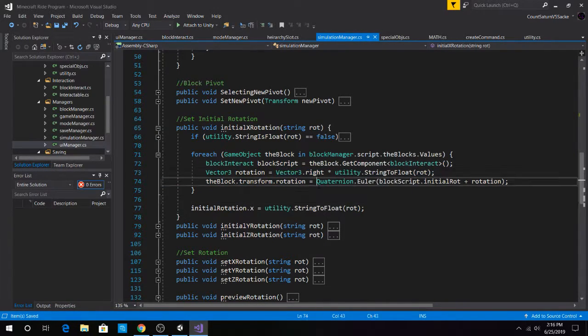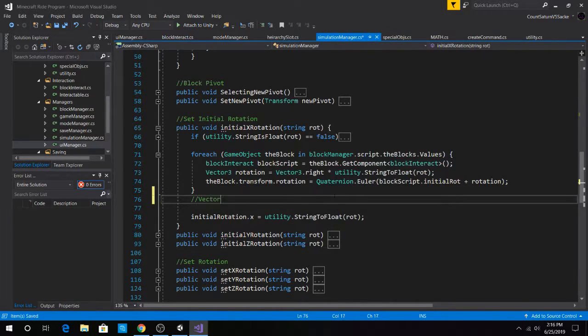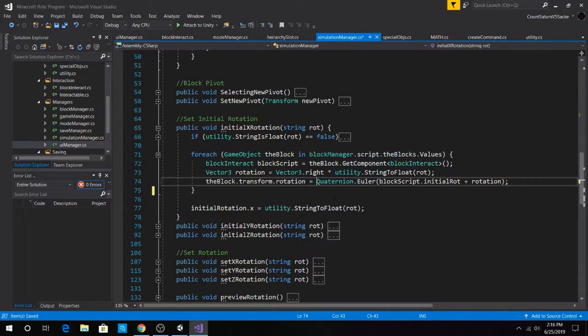Just imagine it like this, Vector3, and then you have rot 0, 0. With that, it will become Quaternion.Euler, and then we have blockScript.initialRotation. The initial rotation